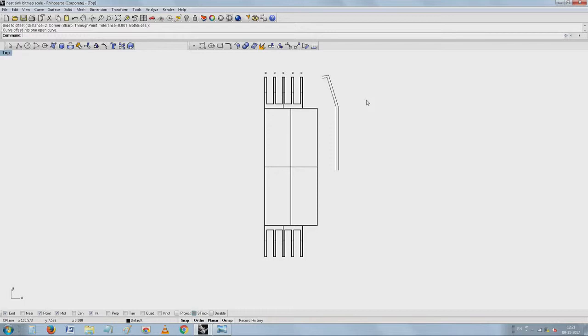See here, I have a small section which I can now try to do the various trimming operations and so on.